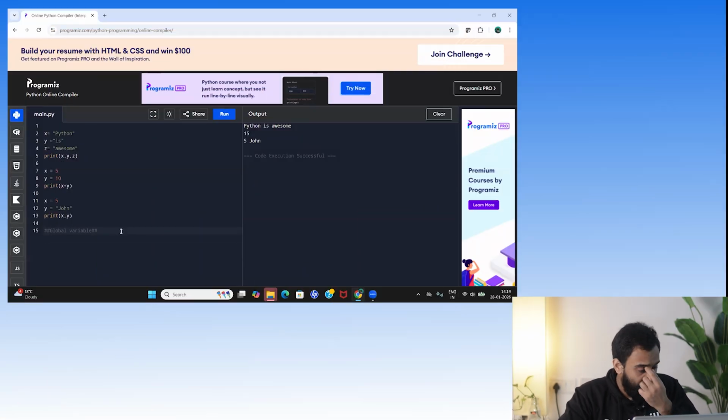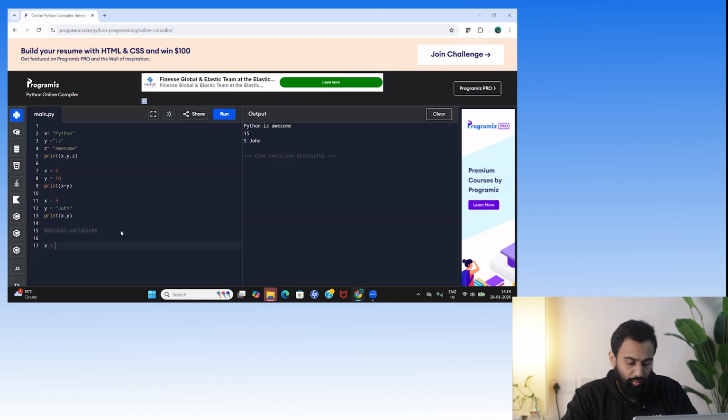Generally, a global variable can be used by everyone, both inside of functions and outside of functions. Okay. So one example for this one: x equals to